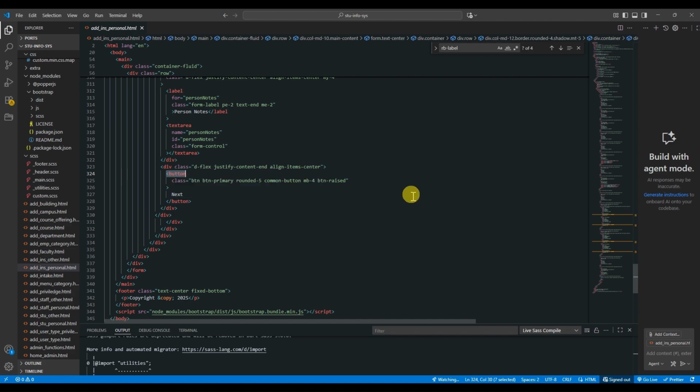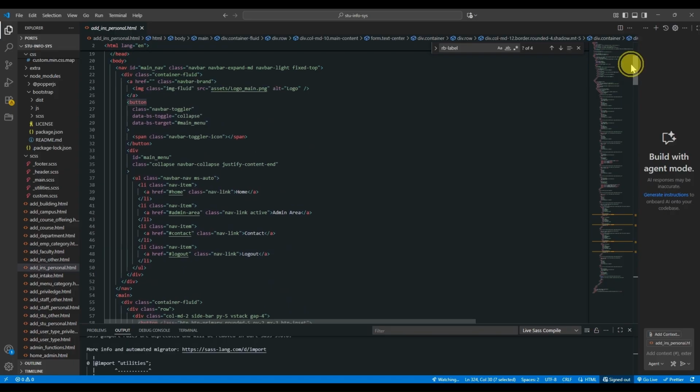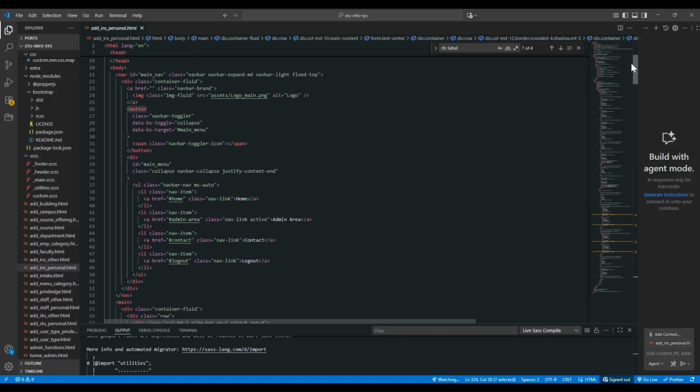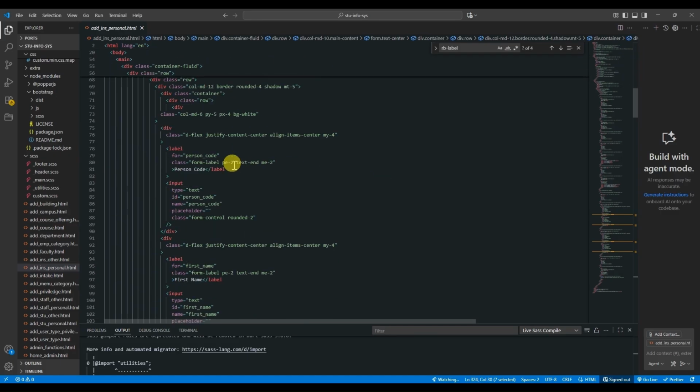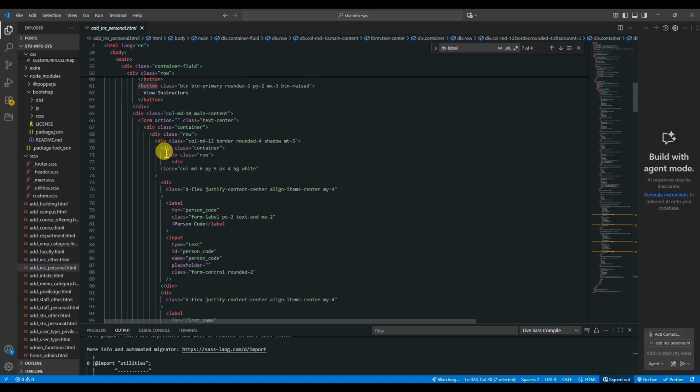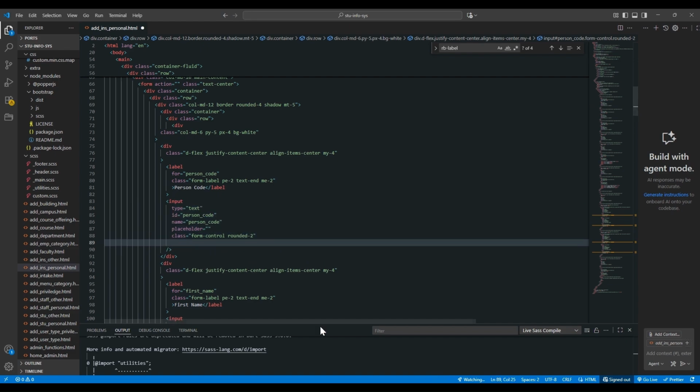So if we want to show some kind of validation to the user, the default validation is very easy to set up. Let's go to this first text box, which is the person code, and this is a text box of input type text. We can simply add here required, and once we add the required,